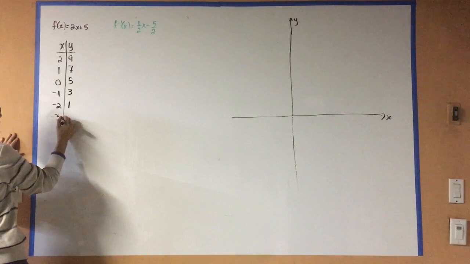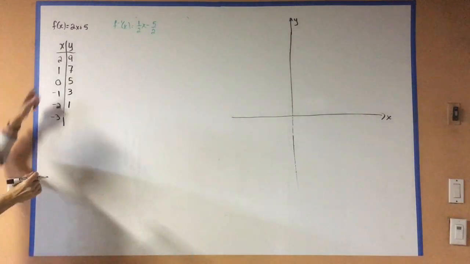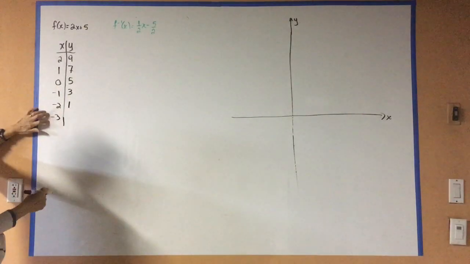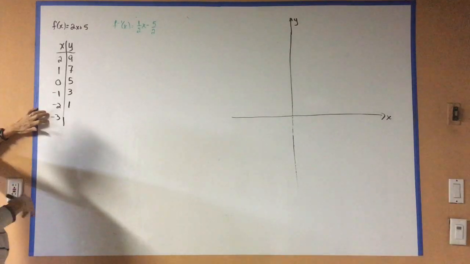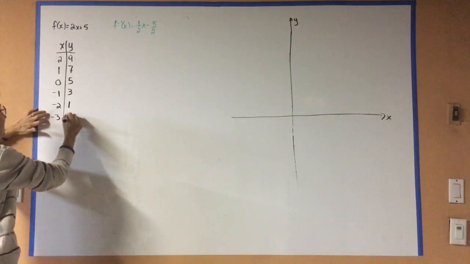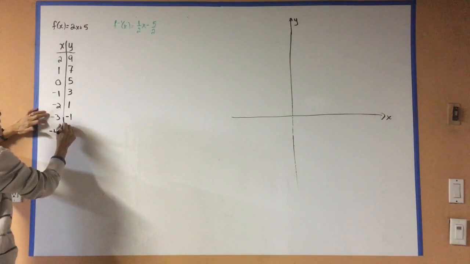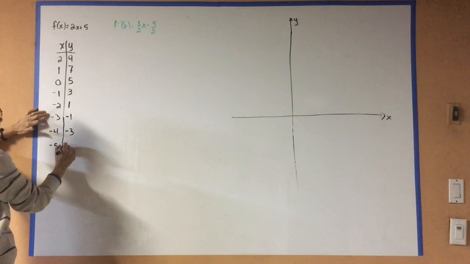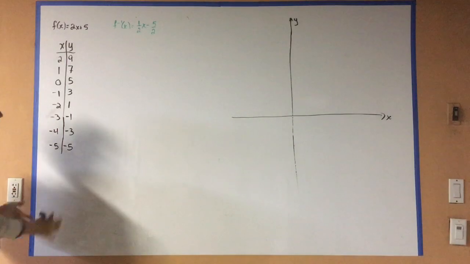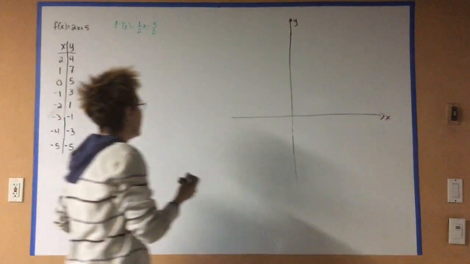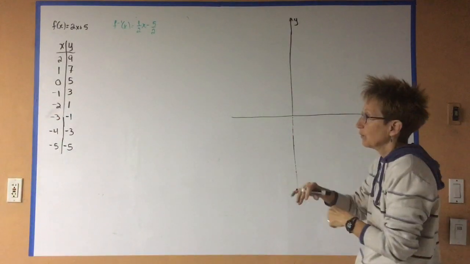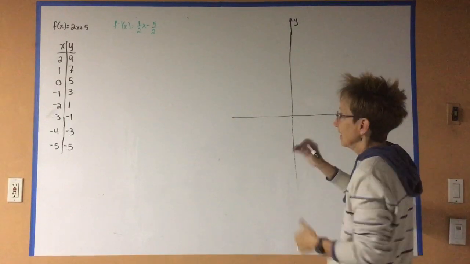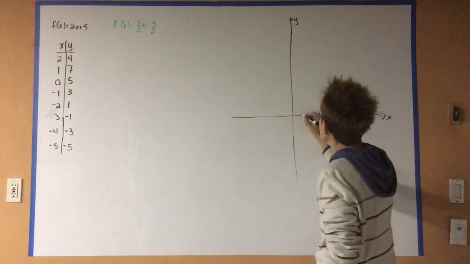When x is -3, basically it's just the slope. I'm counting down by 2's here, because the slope is 2 to 1. When x is -3, I get -1. When x is -4, I get -3. When x is -5, I get -5, etc. And I'm going to graph that. And even if you graphed it the other way, you should see these ordered pairs coming up on your little dots. So I've got 2, 9,